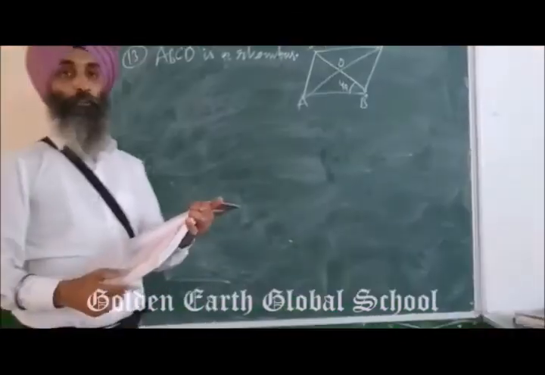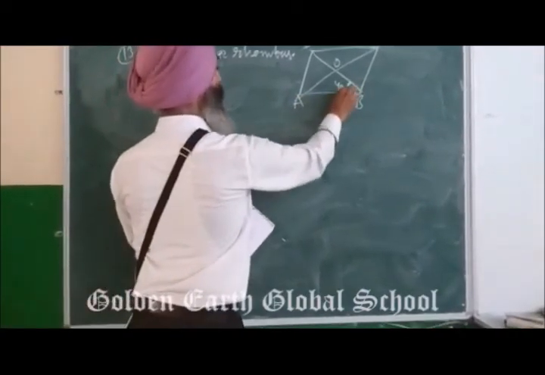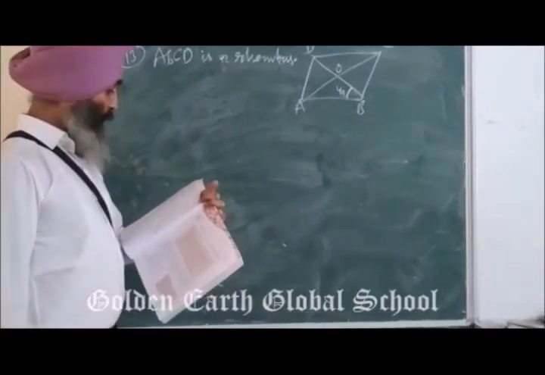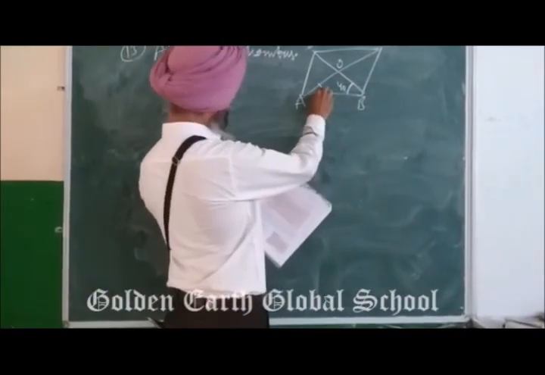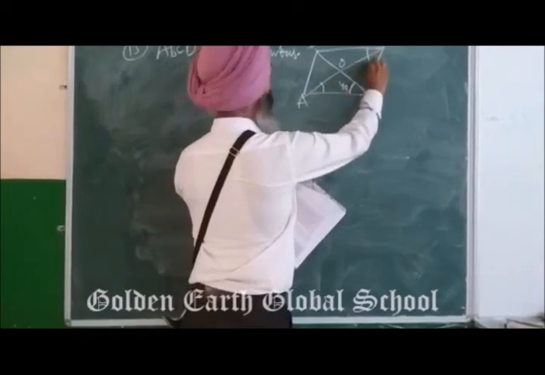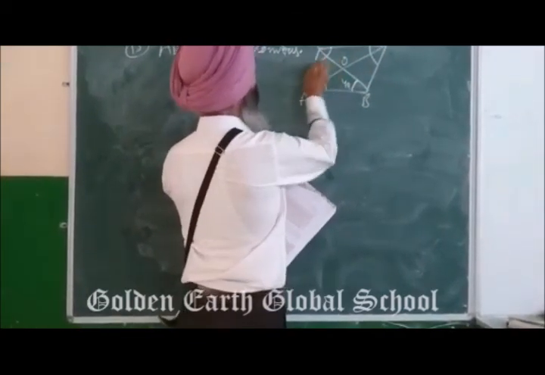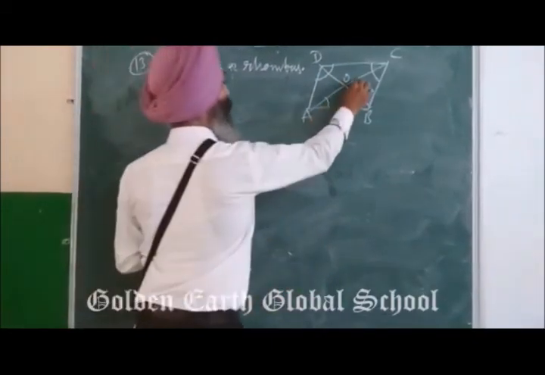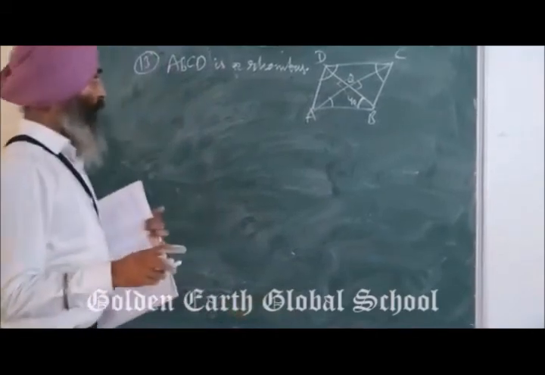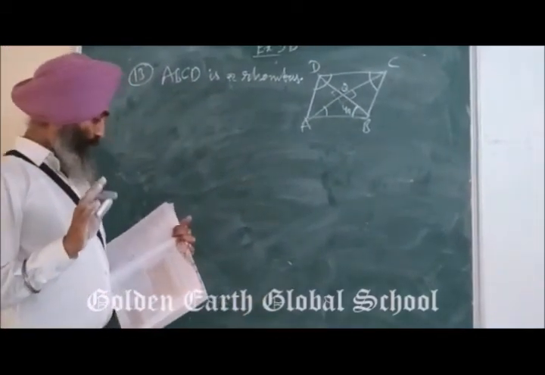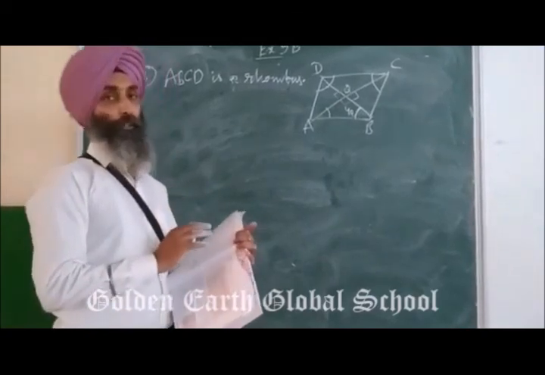Okay. So students, in 13th question, ABCD is a rhombus and one of this angle is given, and we have to find angle BAC. BAC means this angle, and BCD, this complete angle, and ADC, this complete angle. So you know that these are bisecting at 90 degree. So I think this is quite easy. You can try it yourself because we have already discussed these sums previously.